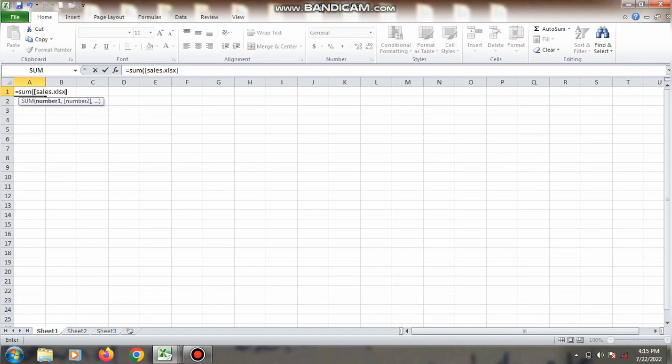Then you close with your square bracket again, then Sheet1, exclamation mark, then A1 to A5. It's going to add the column A1 to A5 on our sales workbook and give us the answer, which is